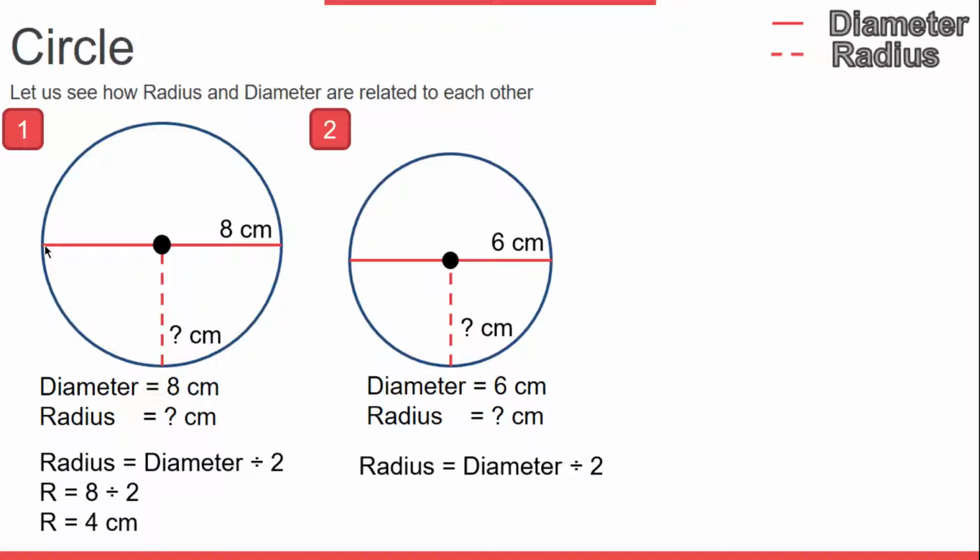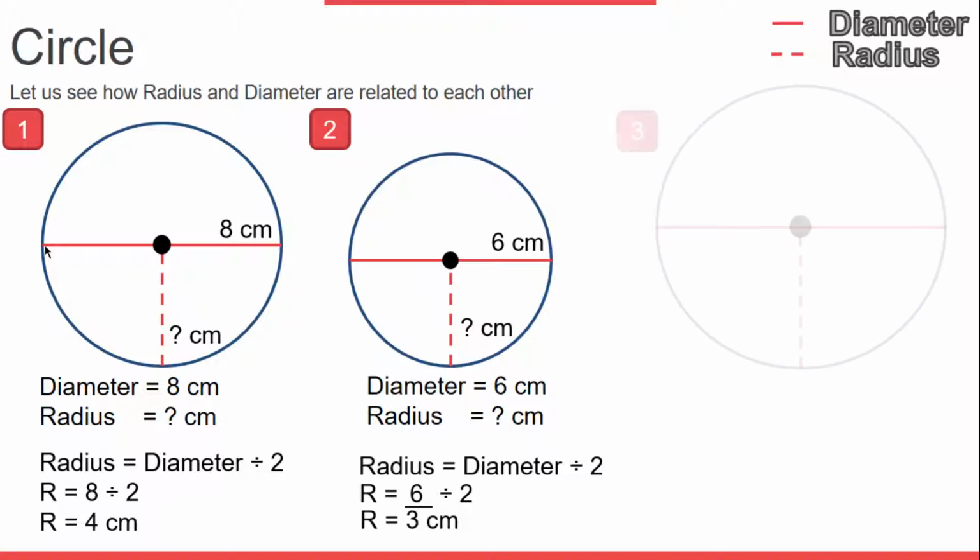Okay, remember radius is smaller, so diameter is broken down. That is why we divided by 2. So radius equals dash divided by 2. Now we know diameter is given to us as 6. So we fill it in with a 6. So 6 divided by 2 we all know is 3. So R equals 3 centimeters.